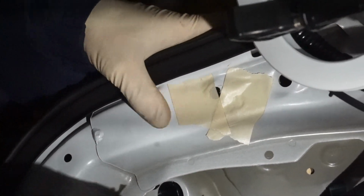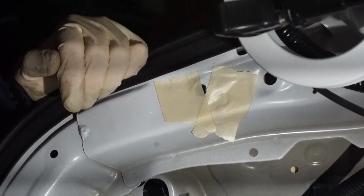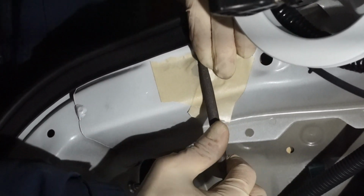Okay, what I'm doing here is I'm basically just putting tape over the paint here so I don't scratch it while I just take this burr off the edge of the...